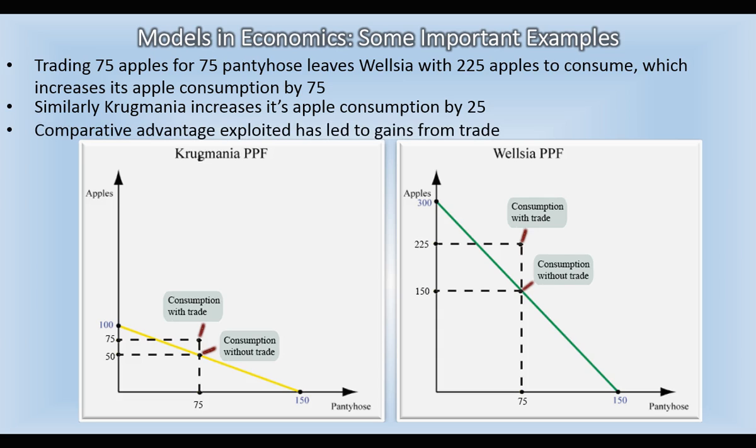So comparative advantage exploited has led to what are gains from trade. The gains from trade are both countries being able to consume more of both goods than they were able to produce individually before when they tried to produce everything themselves. So this is where the power of the production possibility frontier and the comparative advantage model becomes clear, where it just highlights this advantage of specializing in what you have the lowest cost in, having the comparative advantage in, and how that can benefit everybody, and why trade, therefore, amongst nations is important,